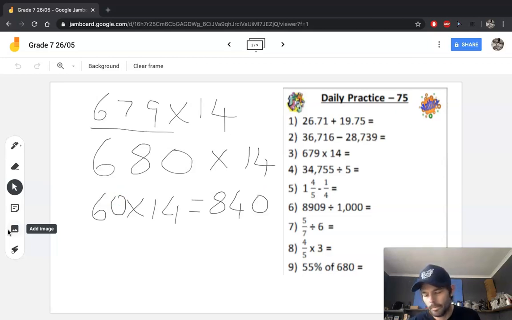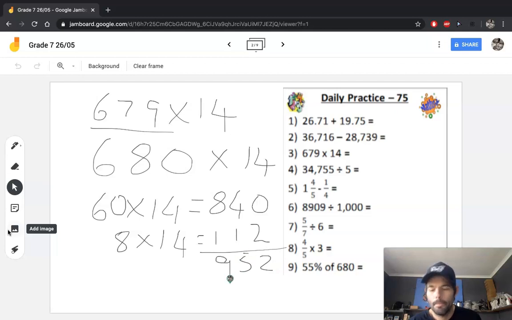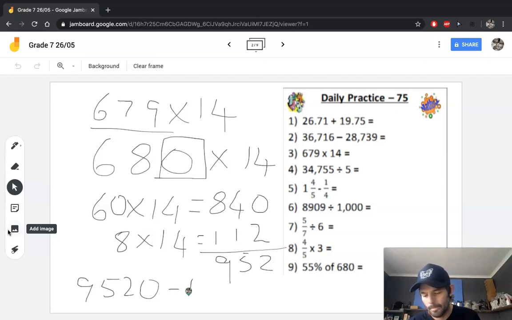Okay, 8 multiplied by 14. It's going to be 80 and 32, so 112. Okay, and if I add those two, I'm going to get 952. But remember, I cannot forget that multiple of 10. Okay, so it's 9,520. Now I compensated by adding an extra group of 14. So now at the end I must remove that group of 14. And that's going to give me